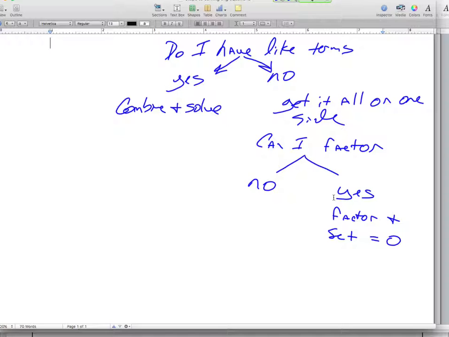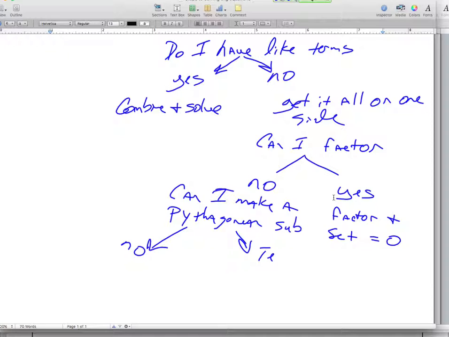If it's a no, then I'm asking myself what? Are all your trig functions the same? Can I make a Pythagorean substitution? We'll put the no there and the yes there. Let's do the yes first. If it's yes, then what do I do? Substitute, combine like terms, and factor. If it's no,